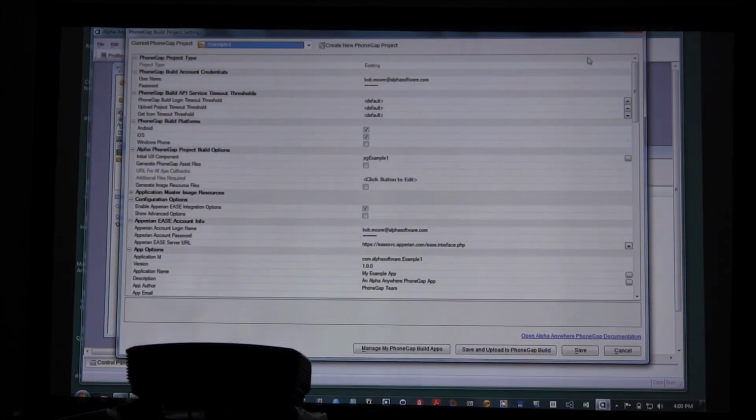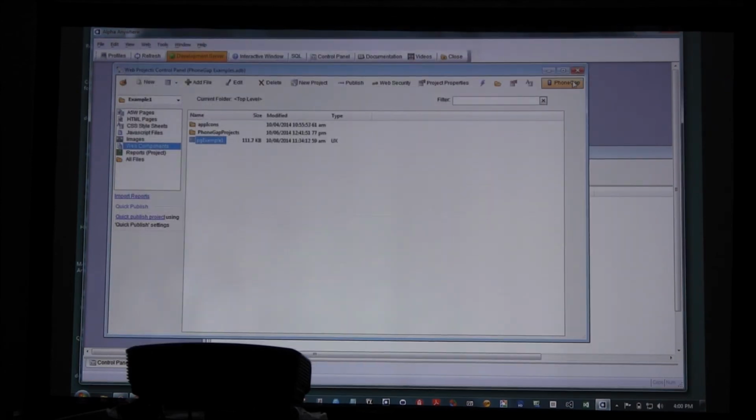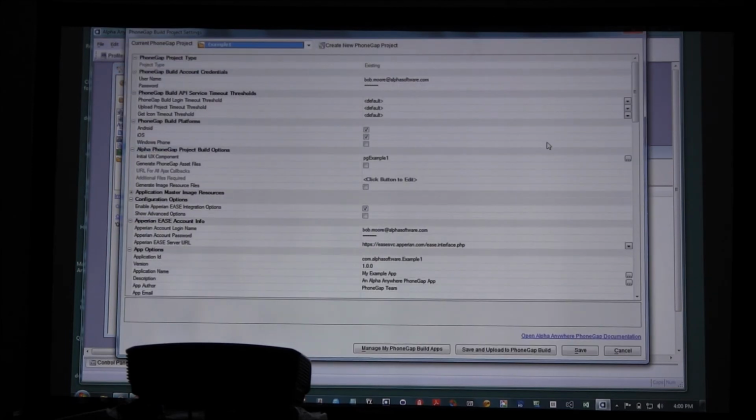So we've defined this component, we've set it up the way we wanted, and now we want to turn it into a PhoneGap app. So how do we do it? Let me go back. There's this PhoneGap app builder button right here, from the web projects control panel. When you go ahead and open that up,